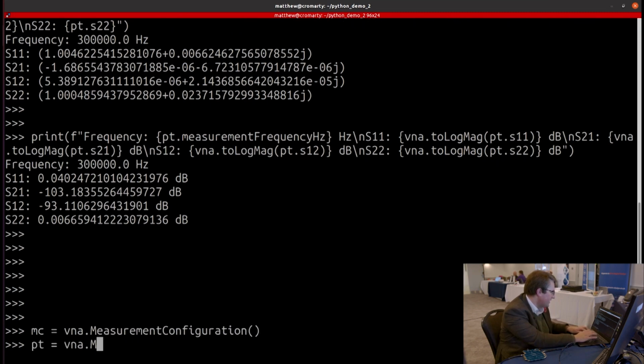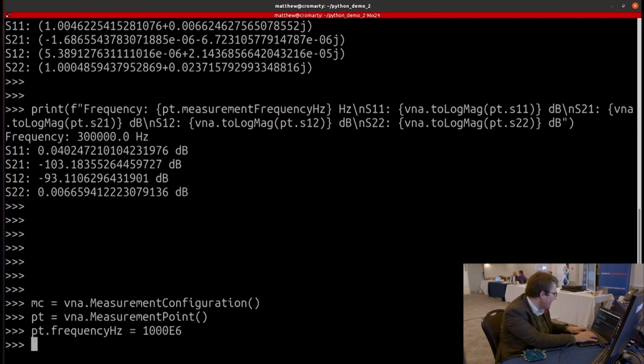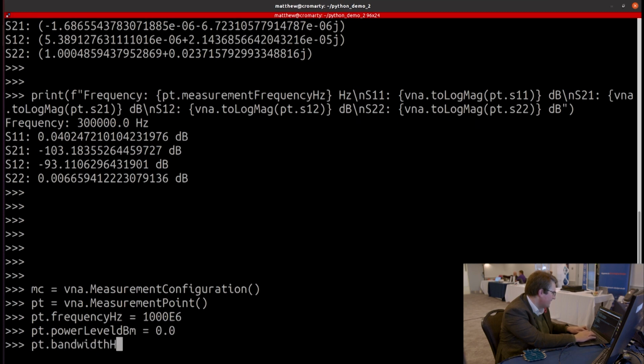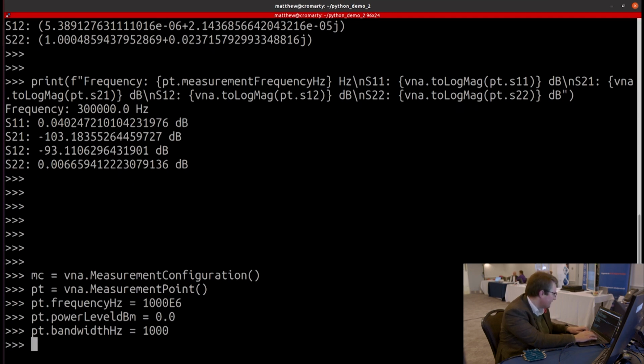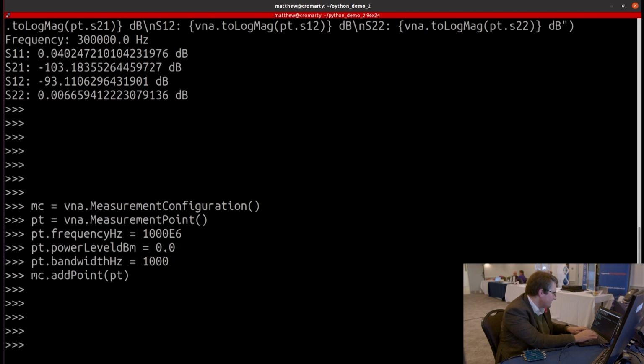So let's create our first point, and let's create this at a frequency of 1 gigahertz. Let's measure this with a power level of 0 dBm, so that's what we had before, and let's stick with our 1 kilohertz bandwidth. And let's add that measurement point to the measurement configuration. Let's do this again,